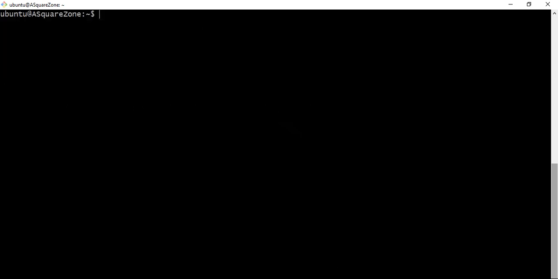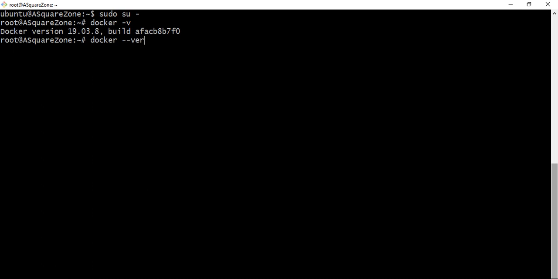Here I'm going to connect as a root user, and the first Docker command to check the Docker version is the docker -v command, or else the docker --version command. Using these two commands we can get which version of Docker is installed on this server.